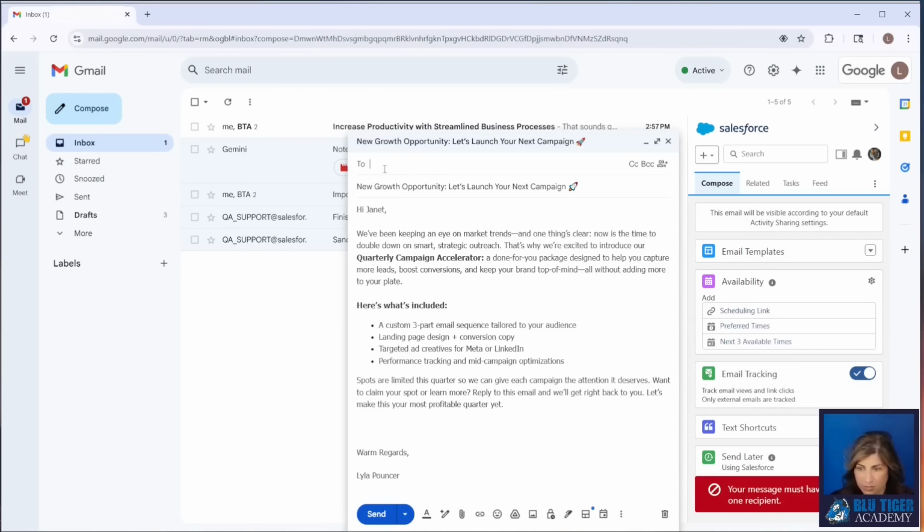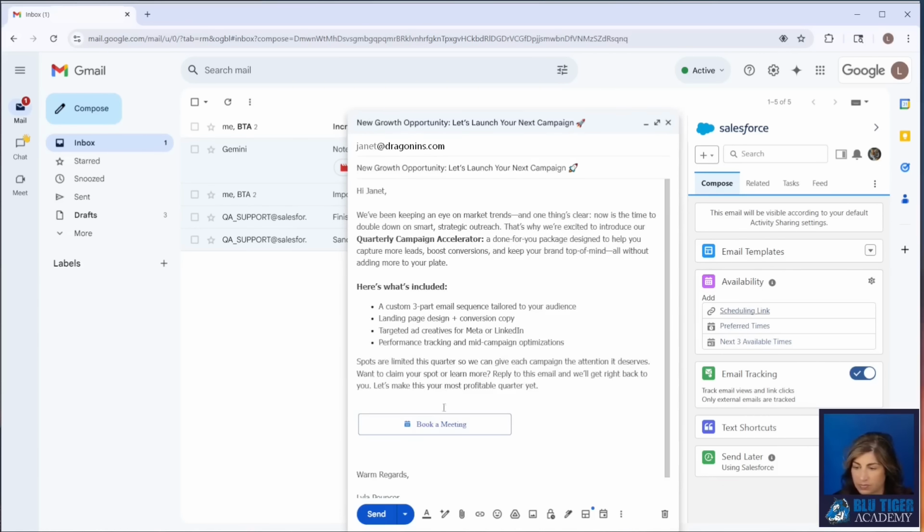Oh, I have to choose my email first. So we'll put in the email address. We'll put in a booking link. And this says book a meeting. So when the prospect or customer clicks this link, it's going to take them to Lila's calendar as it stands in Salesforce. Now there's a couple of settings that Lila needs to configure